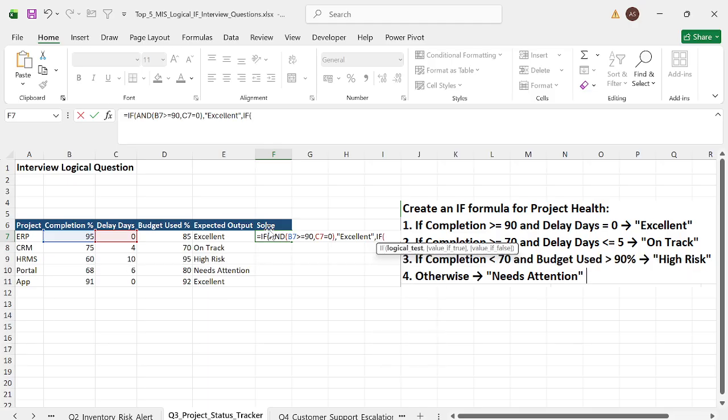Now if completion is greater than or equal to 70 and delay is less than or equal to 5, then it should be marked as on track. If completion is less than 70 and budget used is greater than 90, then it should be high risk,